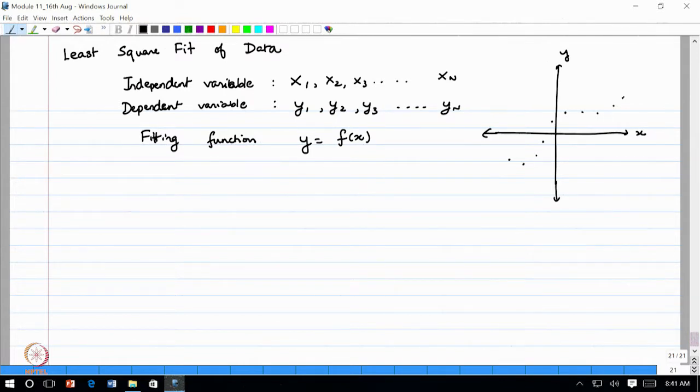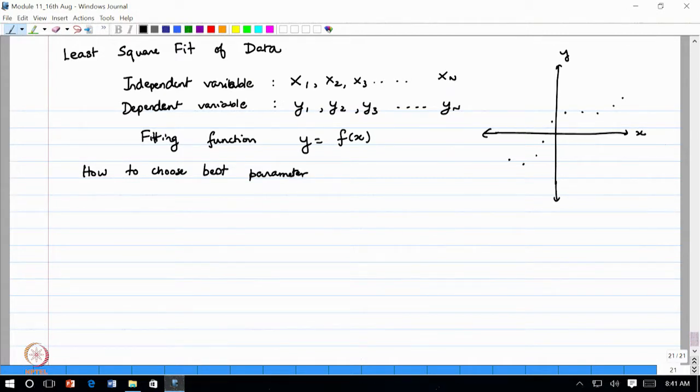You might have all these points. Okay. So now what you want to do is fit some curve to this. You might fit a function, a straight line, some function that has a shape like this, or a quadratic function, something like a parabola. You might fit any function. Now the question is how to choose the best